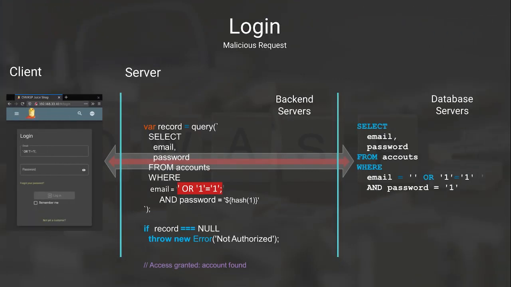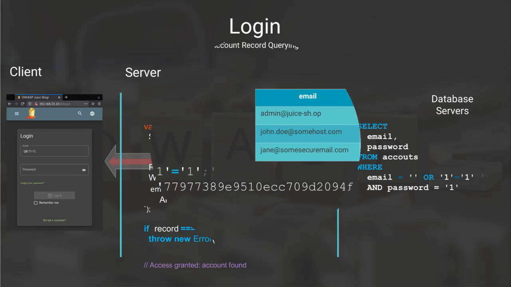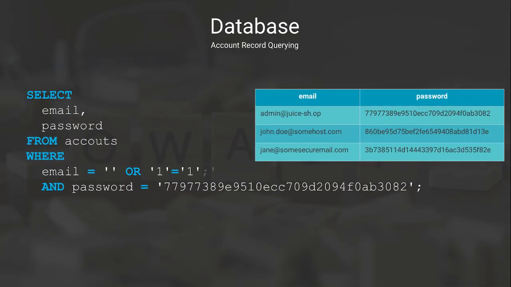So, what happened now? In the backend server, we can see how the client-provided data was merged into the SQL query template. On the right, the final SQL query sent to the database server. Let's look at it in detail. There's no record in the table with an empty email address, but 1 is equal to 1 for every record in the table. The semicolon breaks the SQL statement, and no more conditions are checked